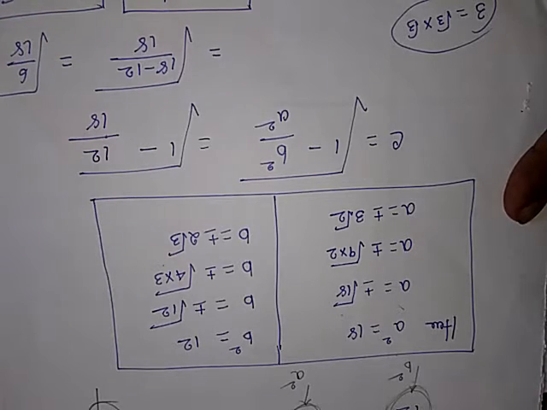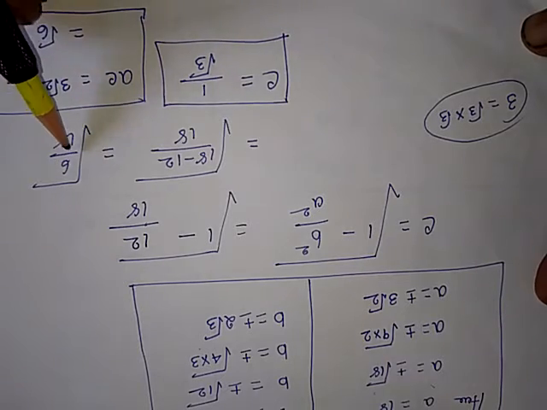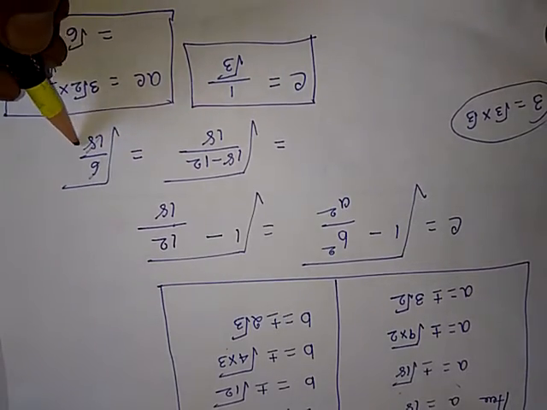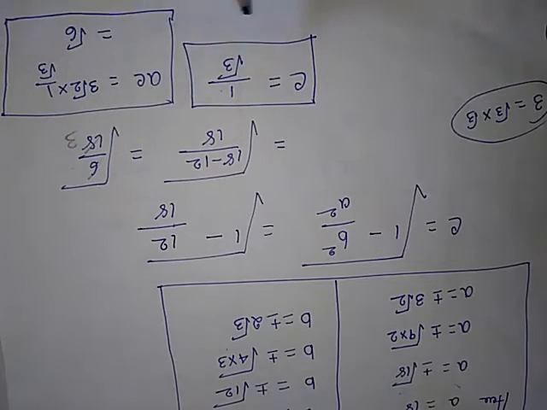So you will get e is equal to root of 6 by 18. Therefore e is equal to 1 by root 3, because 6 is 3 times. So root of 1 is 1, root 3. Now we want one more value which is AE. A value we know 3 root 2 into e. E value is 1 by root 3.